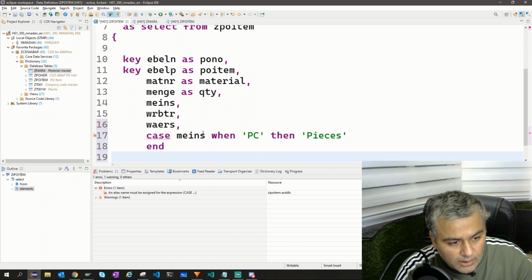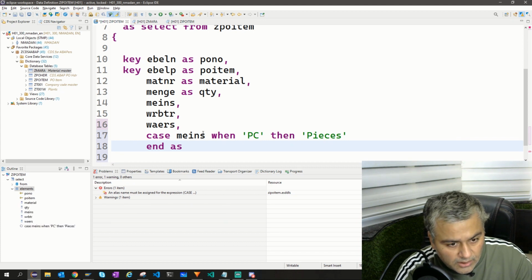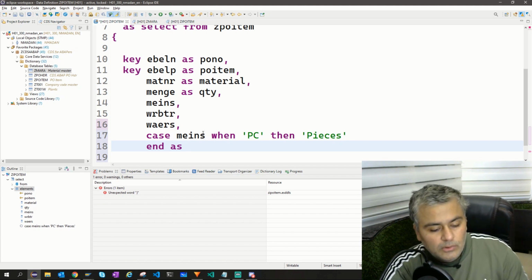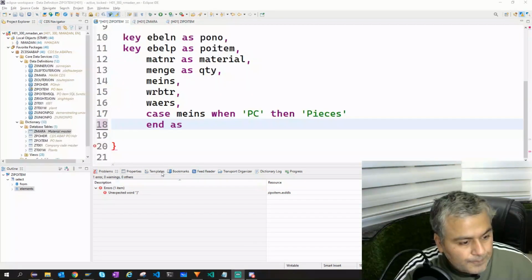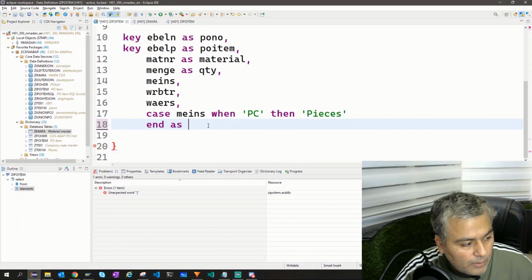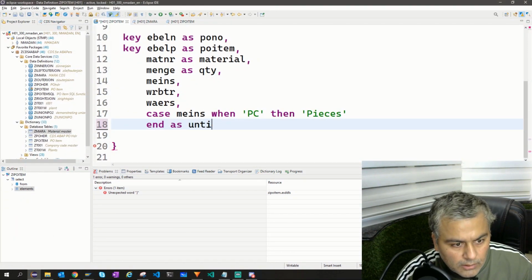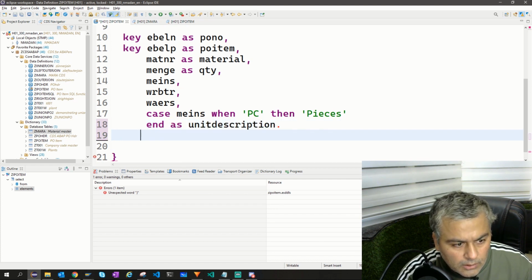And what do we name this field as? Let's call it unit description, and